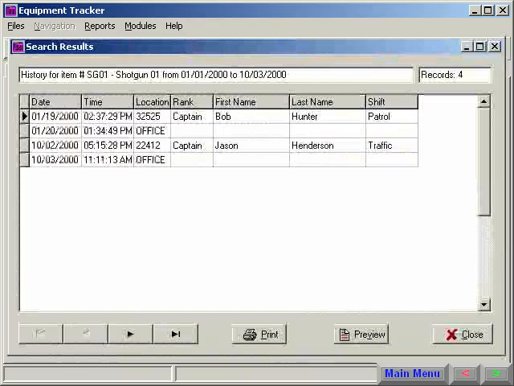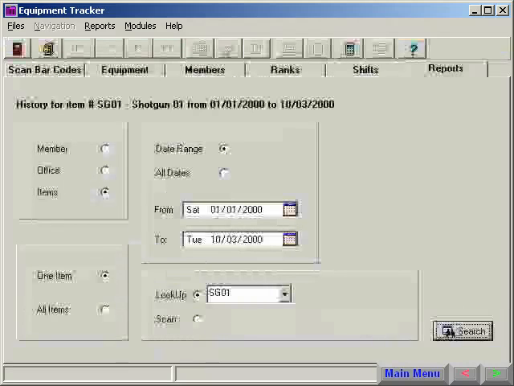You can see that this item was checked out back on January the 19th to Captain Bob Hunter, and it was returned the following day. It was once again checked out on October the 2nd and also returned the next day. That's it for the tracking of equipment and previews of a few reports in Equipment Tracker. We'll navigate back